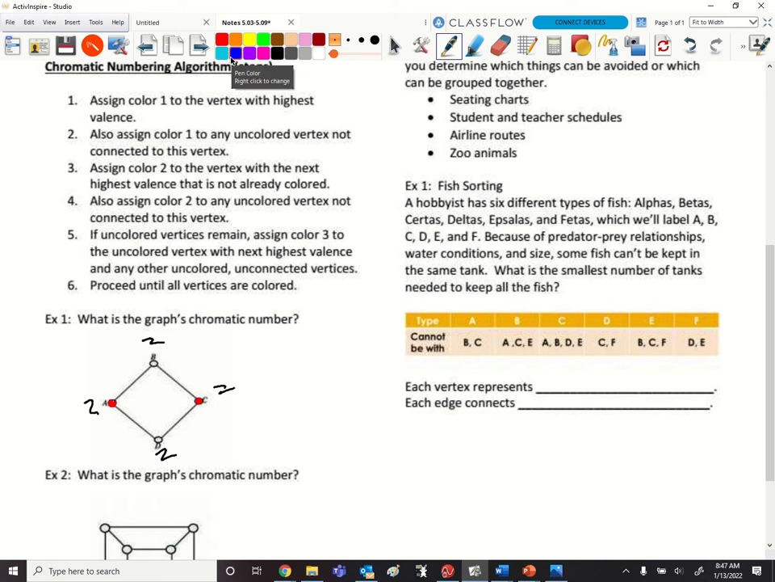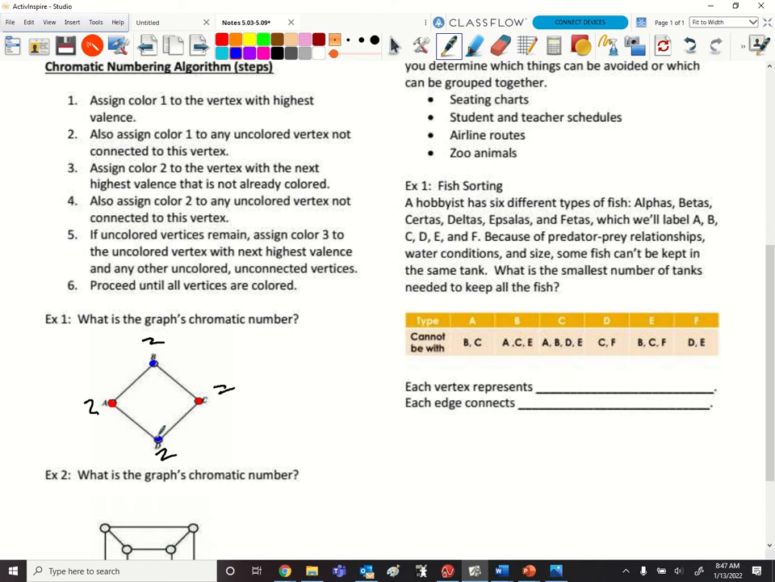Color 2. Okay, so this right here. Assign color 2 to the vertex with the next highest valence that's not already colored. So, look right here. Are they connected? Is the same color connected? No. So, when we look at this, it's going to have a chromatic number of